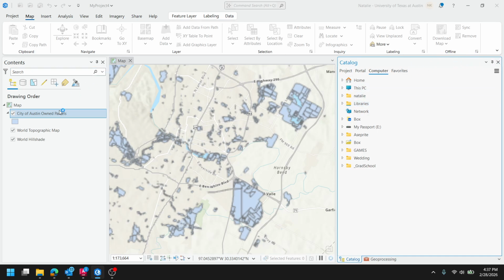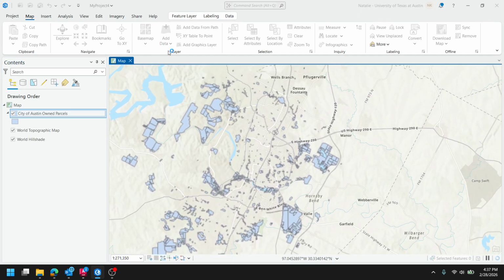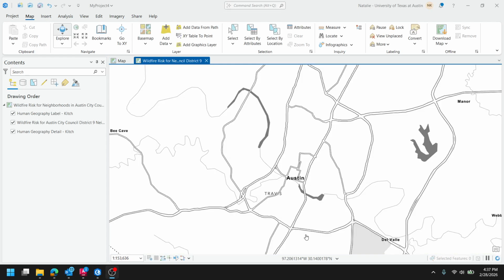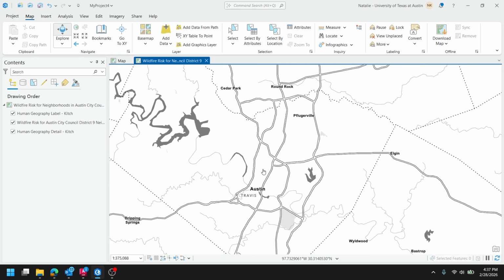It's thinking about something. It might have been because I was trying to open that other map. Okay, sorry about that. It was trying to pull on this other map that I was trying to show you,